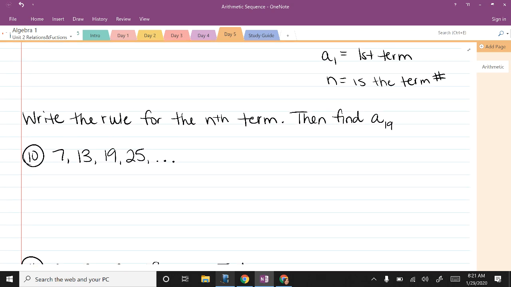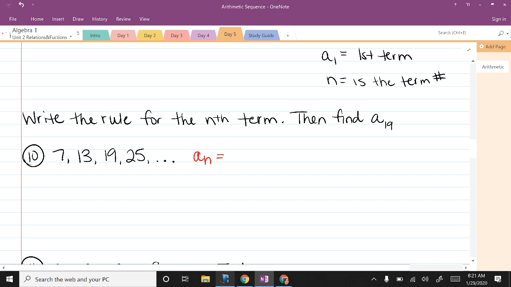Okay, so if it says write the rule, we're not going to keep on adding 6 19 times. That's not following directions. That's not high level Algebra 1. Okay, you got to follow directions. We want an equation for the rule. So plug in what we know. The rule is going to be a sub n